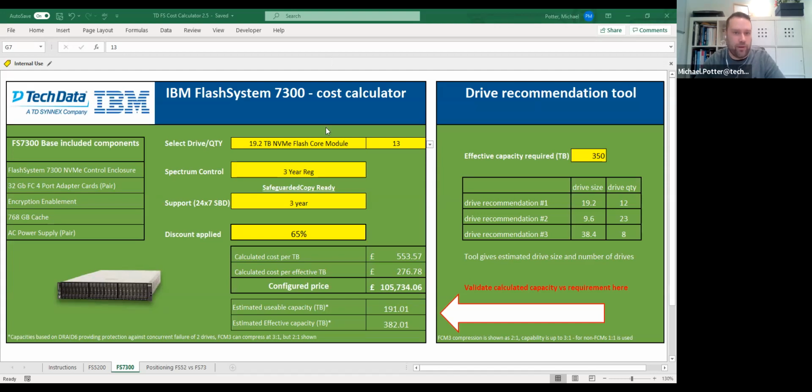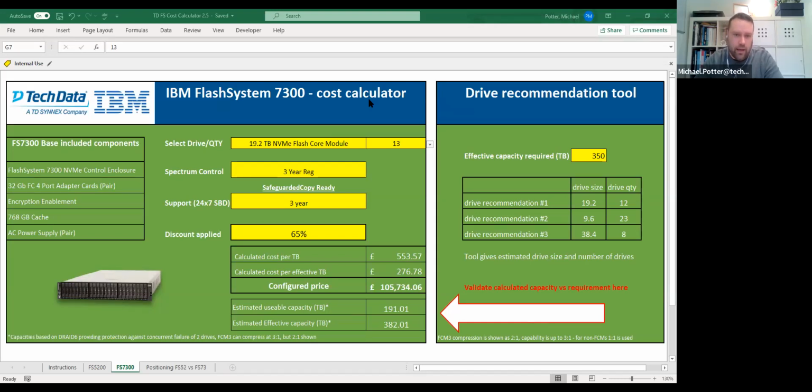I appreciate everybody has a busy day of Zooms and this, that, and the other. But hopefully this is a really helpful tool to enable you to sell, and to price things up really quickly to get that rough idea and engage with clients really rapidly. What we tend to find is that it's really helpful when you've got competing products. Let's face it, we're seeing a lot of products on constraint, difficult to get hold of. IBM's product line has been pretty strong with that. So it's good to make sure that we're competing out the existing